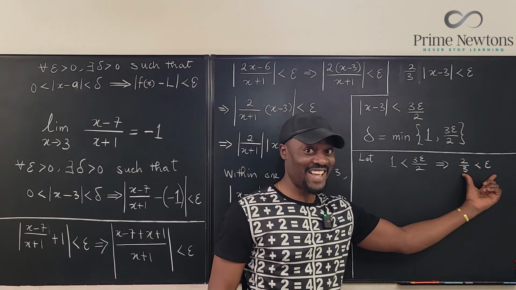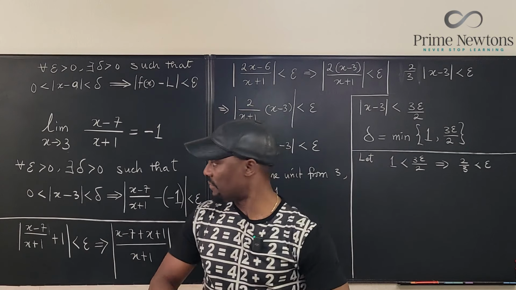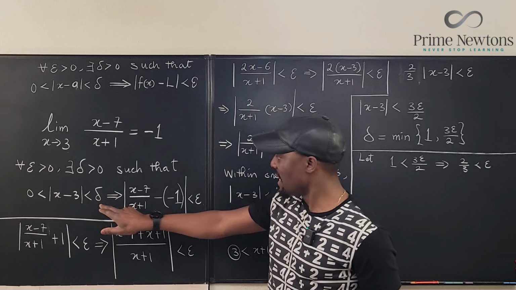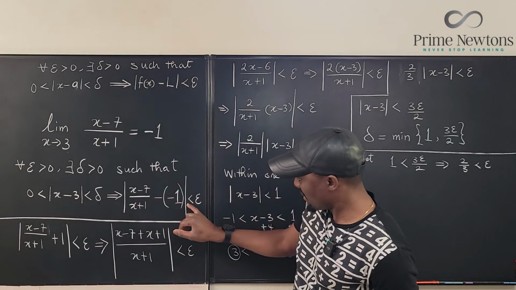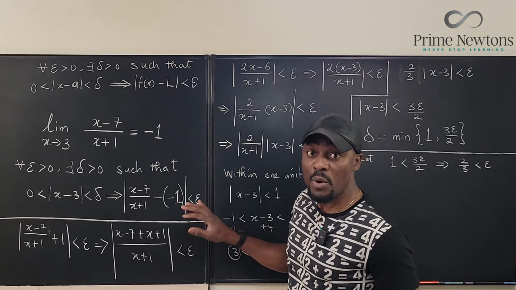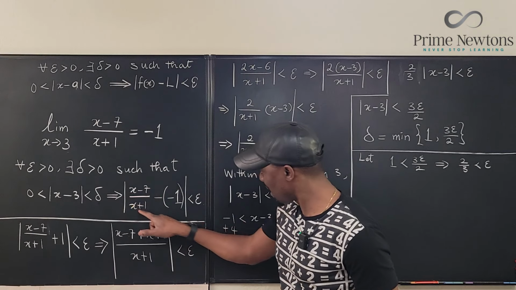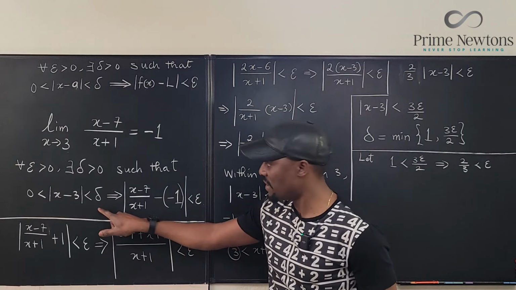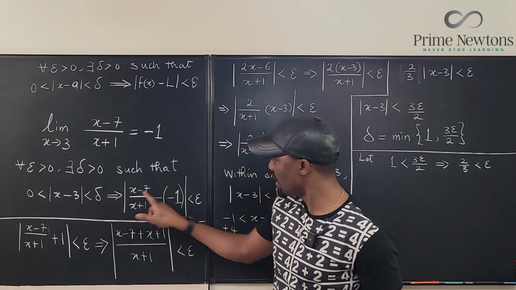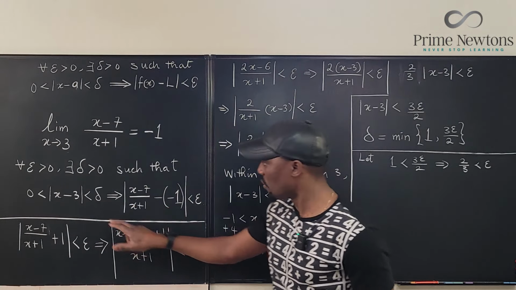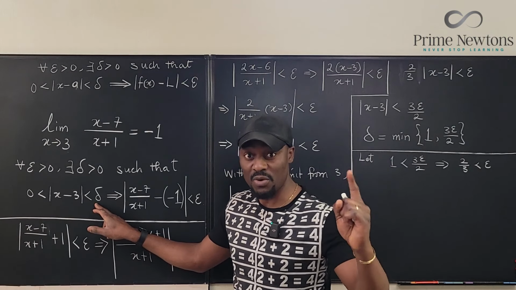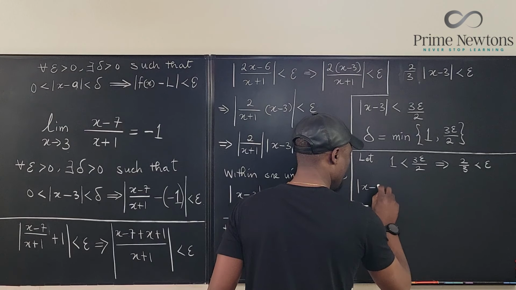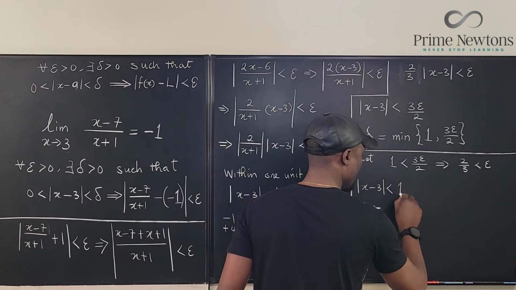This is the key. So remember that from the claim, we're saying if |x − 3| is less than delta, it implies that this is less than epsilon. But what we want to do is show that this is less than epsilon. But what really is this? So we're claiming this now. So if |x − 3| is less than delta, then this is less than epsilon. So what is our delta? We're claiming delta is 1, right? So let's say that the absolute value of x minus 3 being less than 1